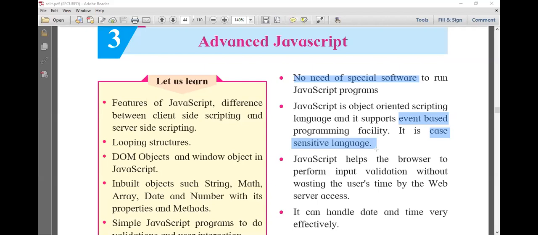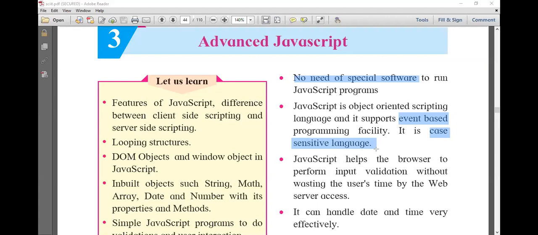JavaScript differentiates between capital and small. You can't say capital RAM is the same as small RAM. Both are different.